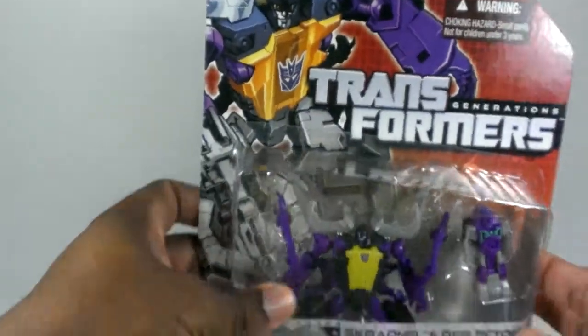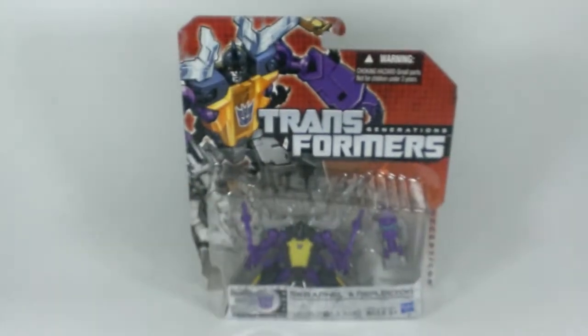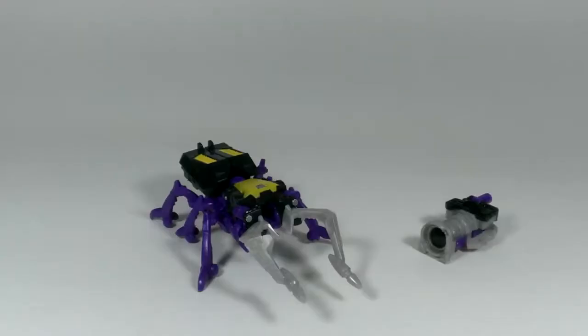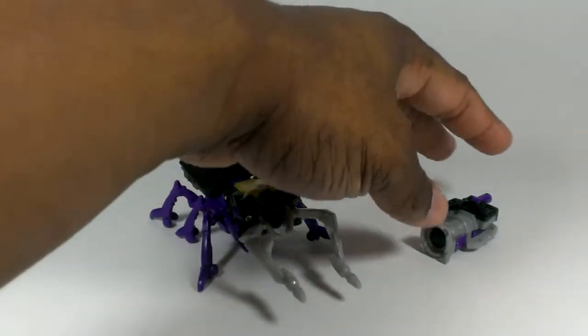Now let me get my regular voice back together. And I'm going to open this up to review the actual toys and let you guys see what the toys are inside. Now here we have them out of the package in their alternate modes. I'm going to focus in on